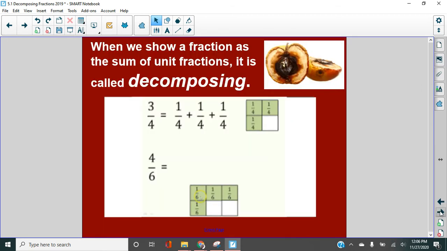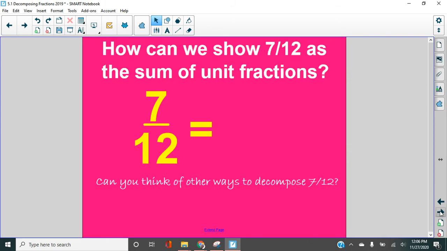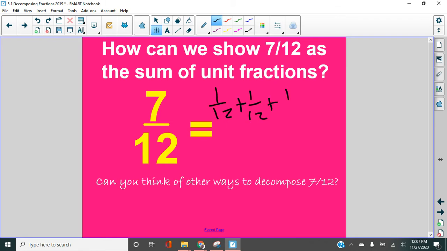All right. So we can decompose fractions when we take them apart. Now, we can show 7/12 as a sum of unit fractions, right? 1/12 plus 1/12. I'm going to have to write a lot of these. 1/12 plus 1/12 plus 1/12. That's 5. Okay. But I want to show you one more thing here, and that is that we can also decompose